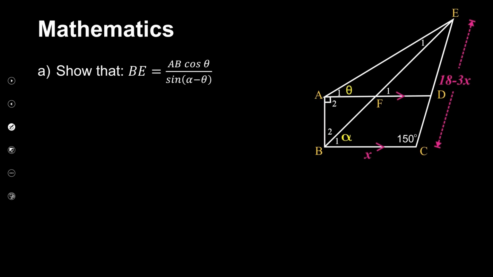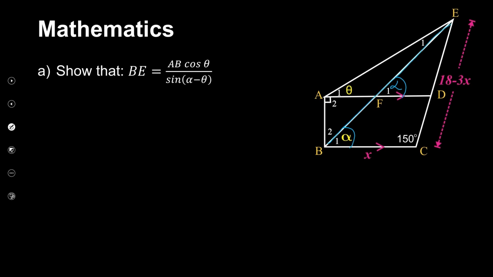So we need to decide which triangle we're going to use to solve BE. First we're going to look at what they've given us. They've given us parallel lines, and because of that, this angle and this angle must be equal, which means this angle has to be alpha because it's corresponding. And because we are trying to find something with BE, we're probably going to look at BE in one of the triangles,